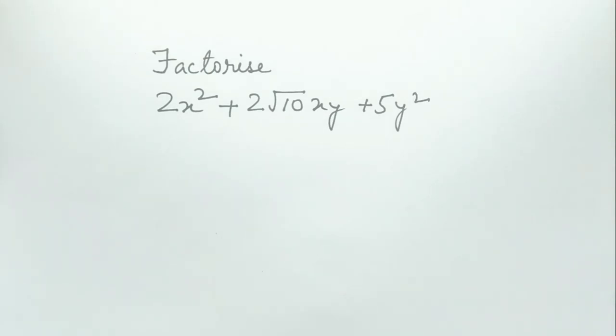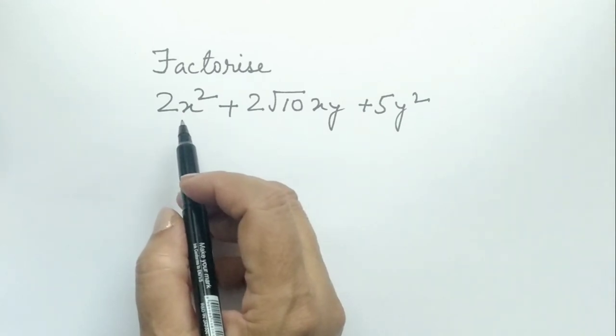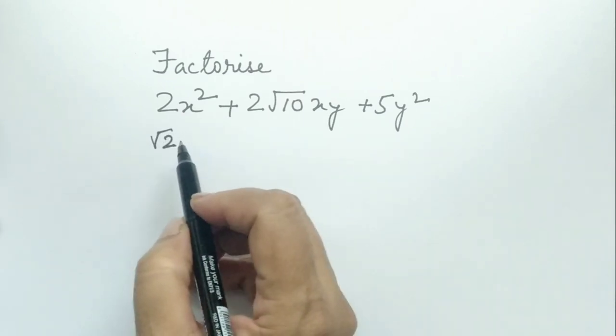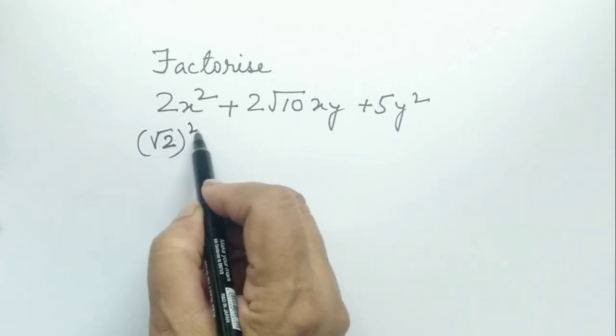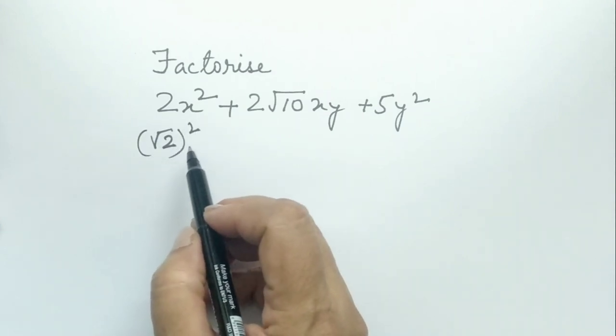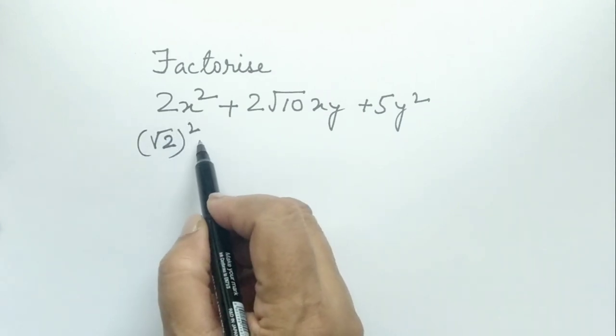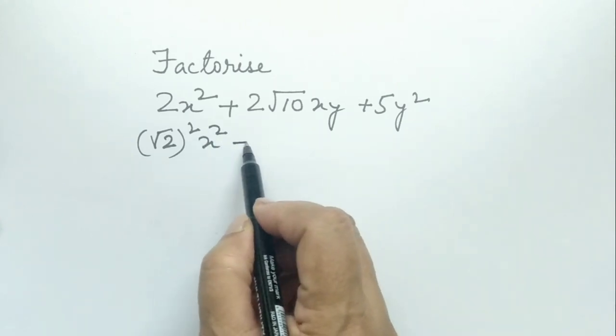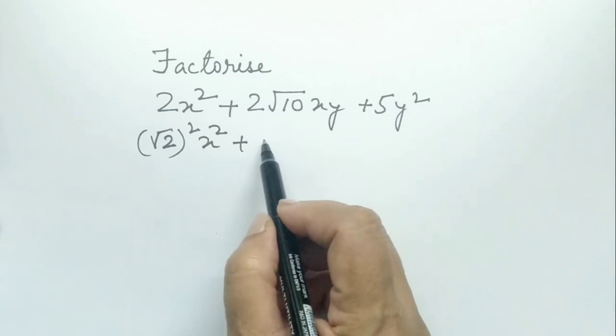Hi kids. So here we have a very interesting sum based on factorization, and it is in fact a very important sum as well. So to start with, let's go and square up root 2 to get 2. We already have x square plus 2,